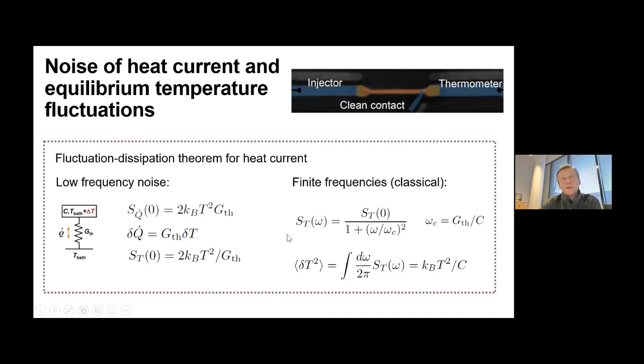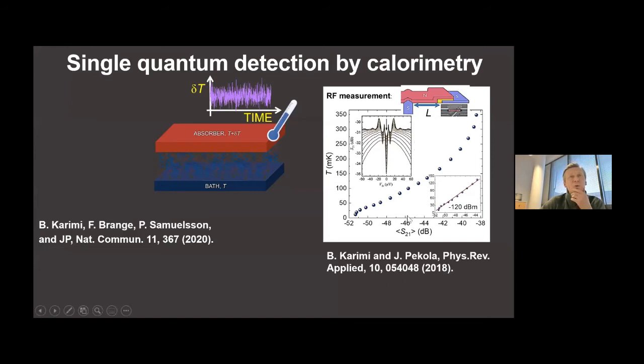And then, of course, if you integrate over all frequencies, you will find that the RMS noise of this effective temperature is kT squared over the heat capacity of the system. So our aim is to measure an absorber, this metallic one, and look at its temperature in a temporal fashion. So we have a thermometer which ideally has a time resolution of a microsecond. In the first experiment, we used only 10 kilohertz time resolution in this measurement,